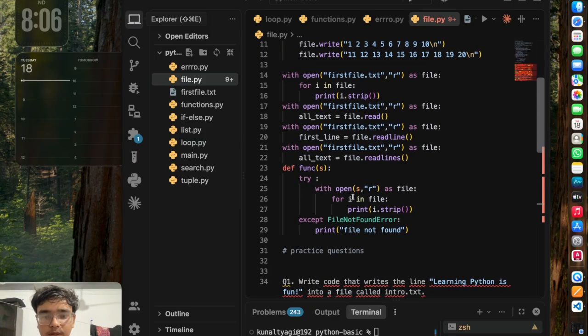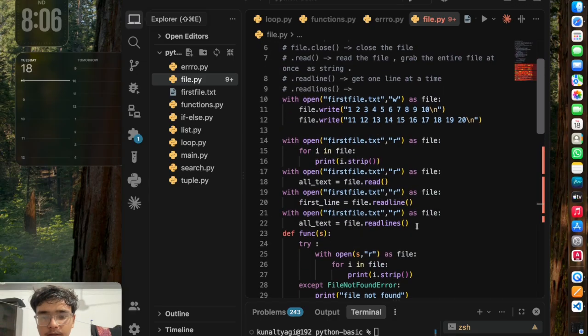So for example, here now you know that when we use readline, it creates a list of strings. So we have talked about list. Now you know, after getting all the data in this text variable, how you can deal with it.